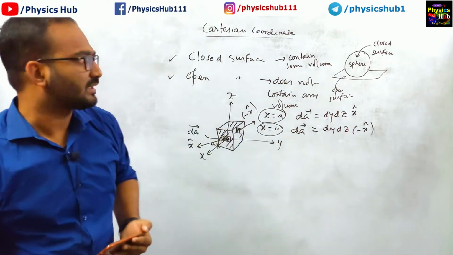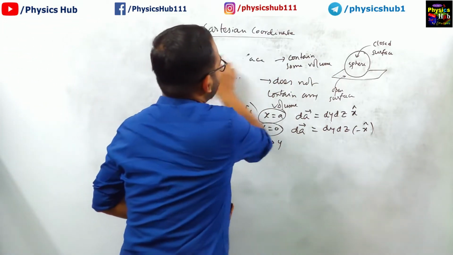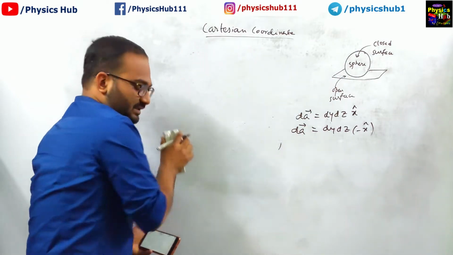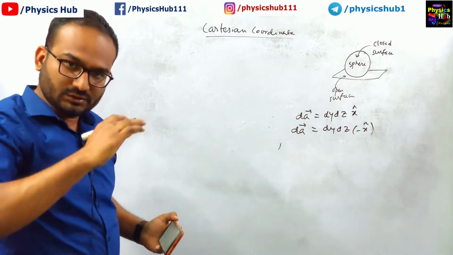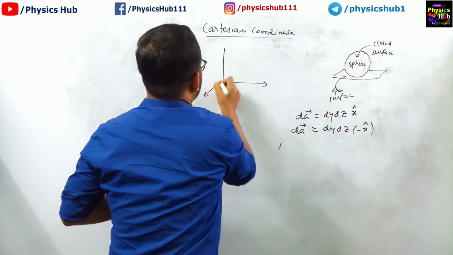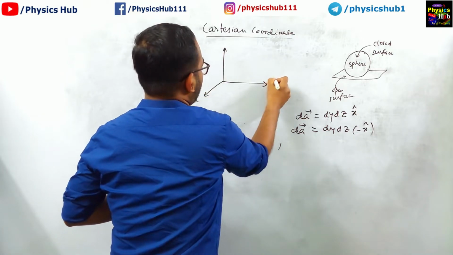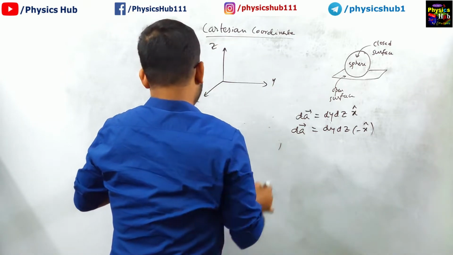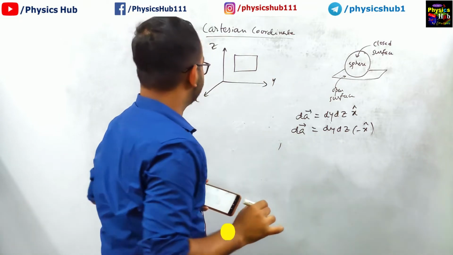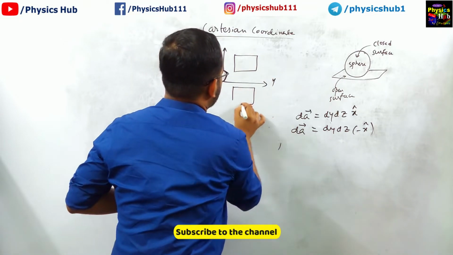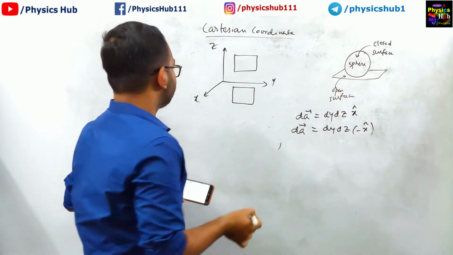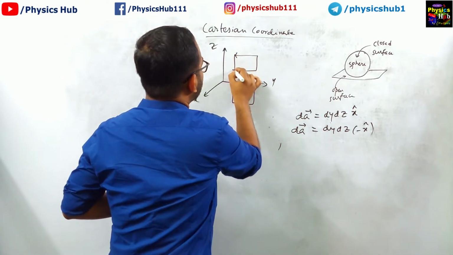What about the open surface? Let us consider the case of an open surface. An open surface is basically a simple two-dimensional plane. Let us take this coordinate system x, y and z. We have one open surface like this, another open surface below. Here the direction will matter. Okay, let's say we are showing the direction like this,